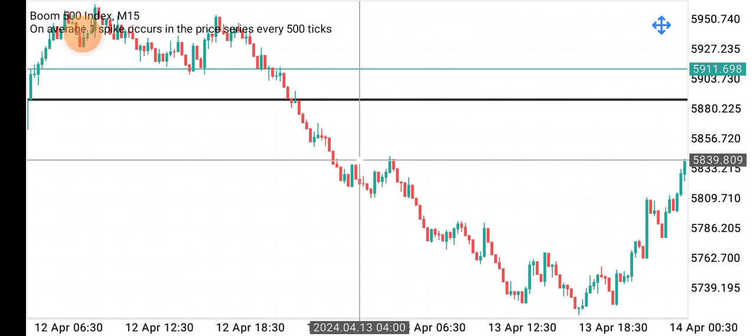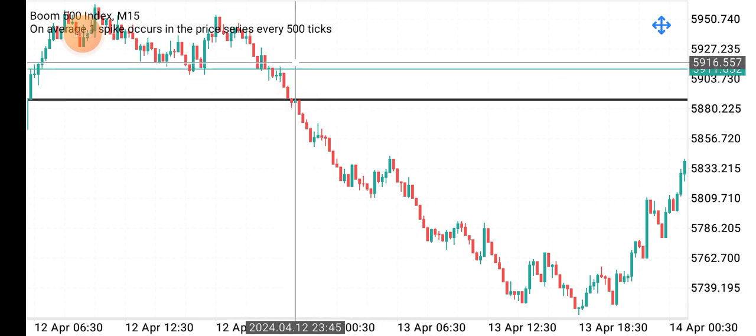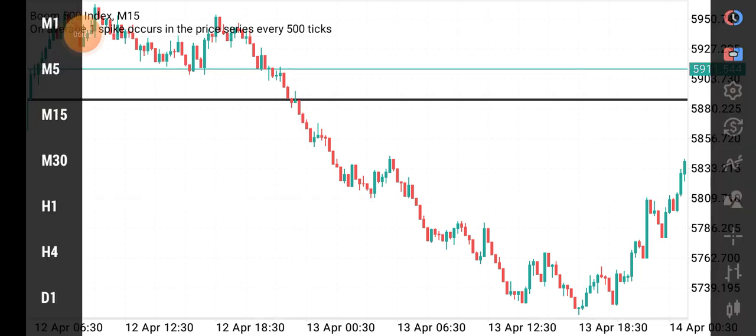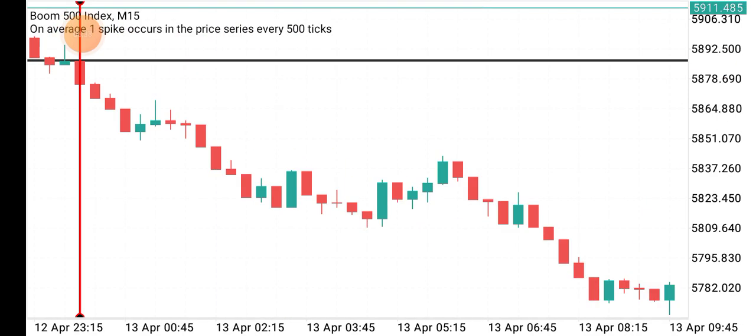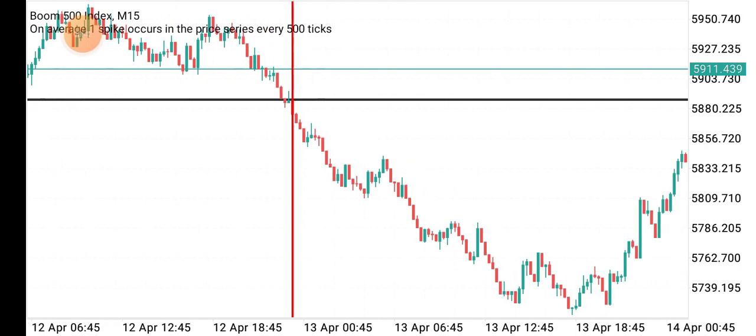See how it happened right here. It started with a bearish candlestick. Let me place a horizontal line right there. Yes, that is it. You can see it started with a bearish engulfing candlestick pattern and it sold massively